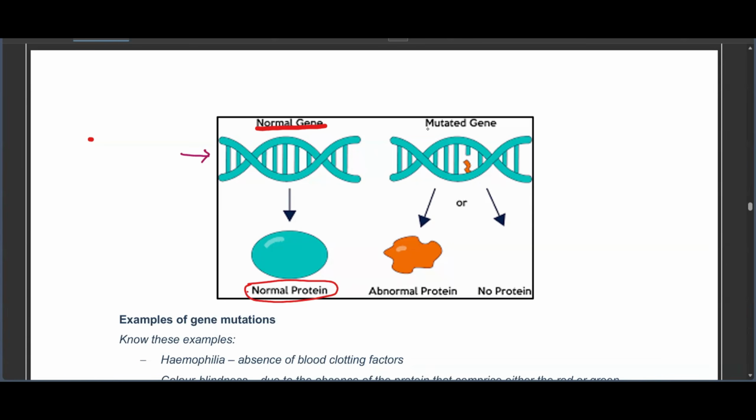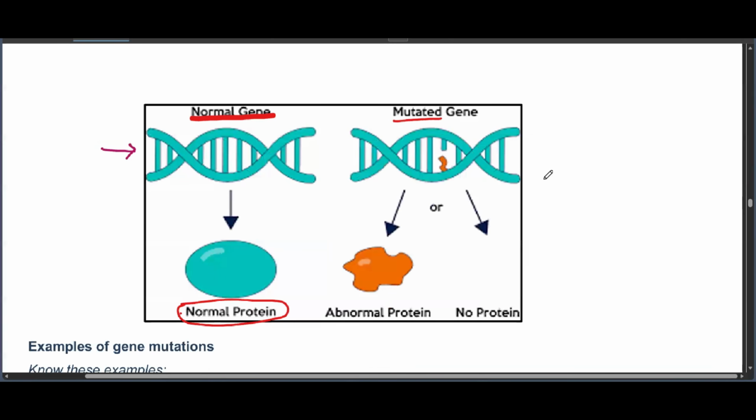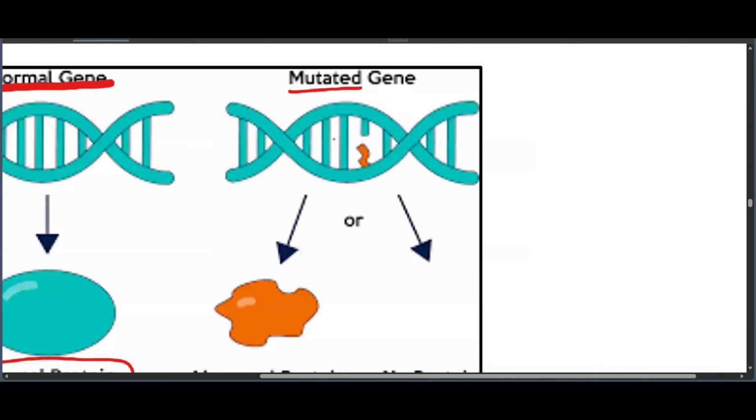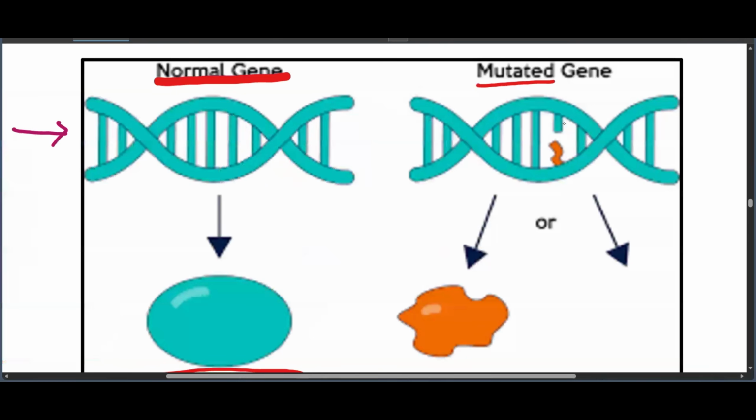But let's say now that your gene is mutated, meaning that your gene has got a mutation. It simply means that there's been a sudden change. If you look carefully at these two images, you can see that a normal gene looks like this. It is normal. But then the mutated gene has got this orange-like thing here. I don't know if you guys can see it, but we've got an orange-like shape there. It is no longer the same as it was when it was normal.